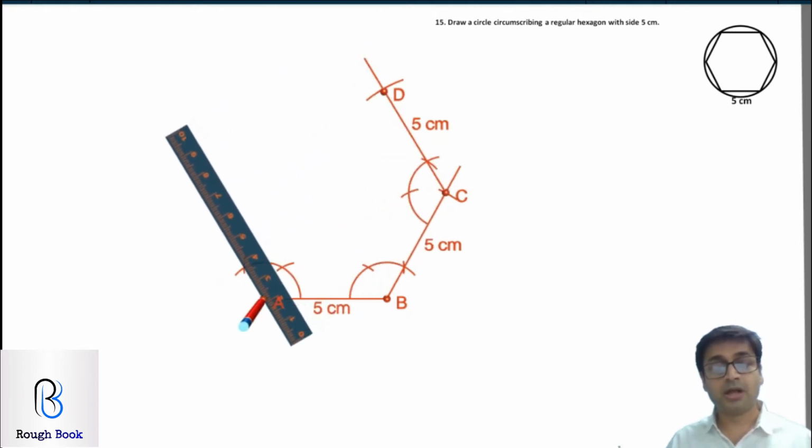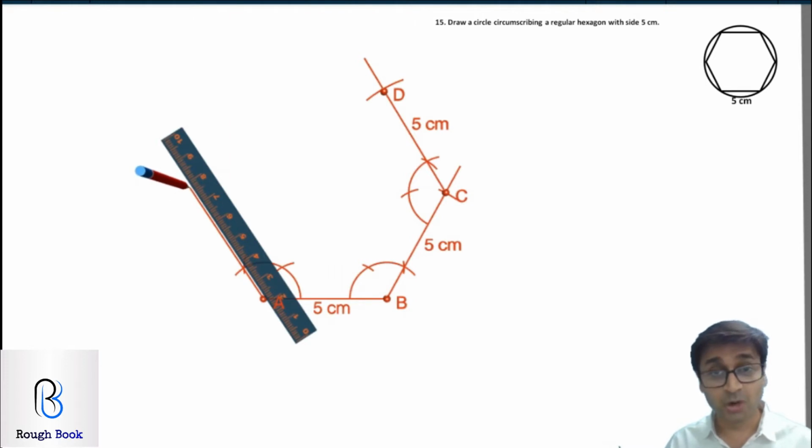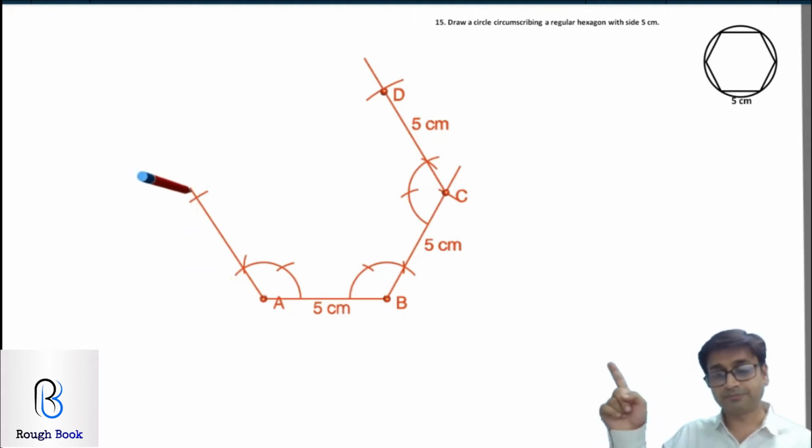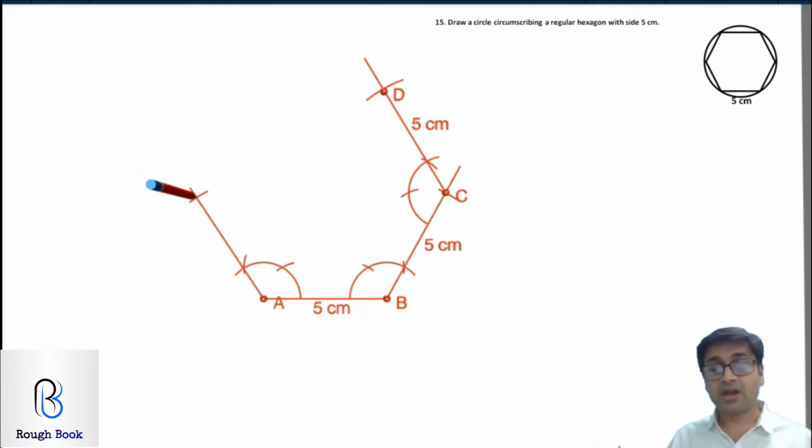Yeah, come on. I hope you're going at a pace faster than me for sure. No, try it, you will get it. From A, cut an arc of 5 centimeters and we get a last point, point F. There you go, can you see? So that's point F. Now from point F, cut another 120 degrees. So keep your compass on point F.